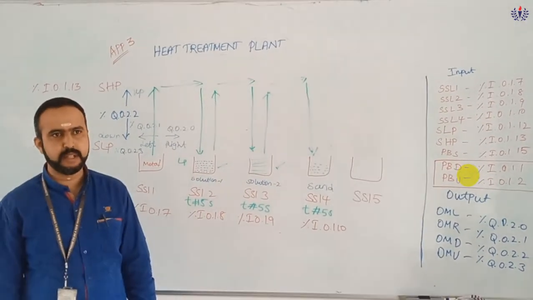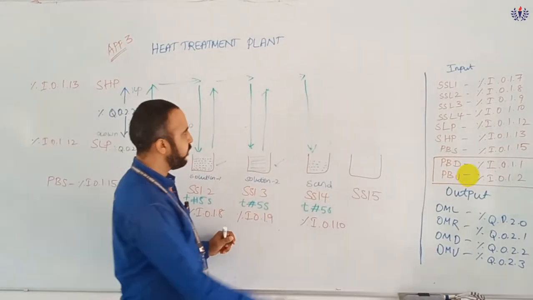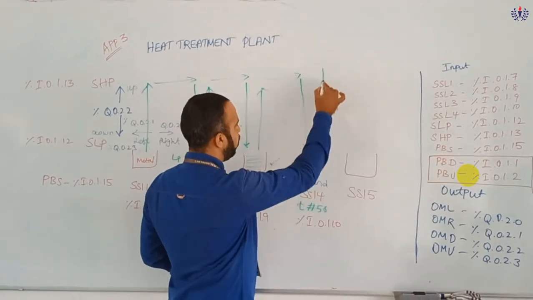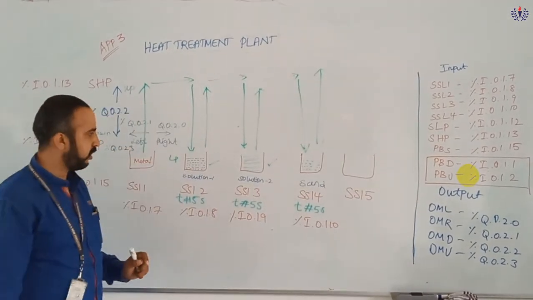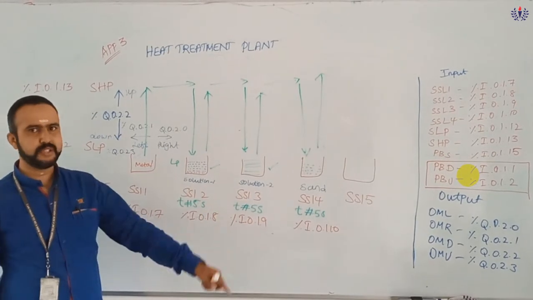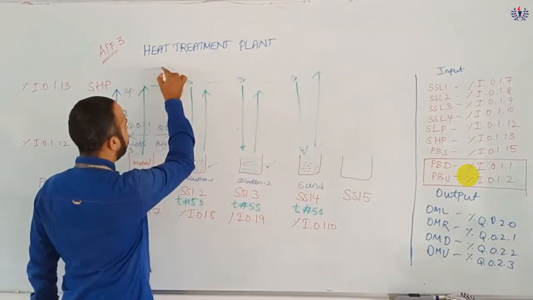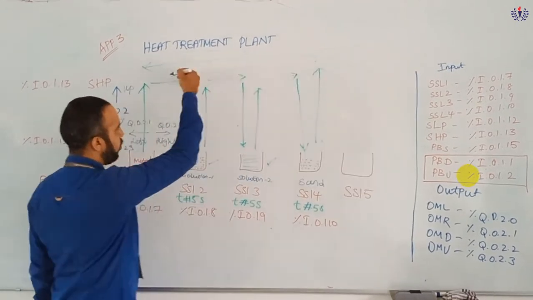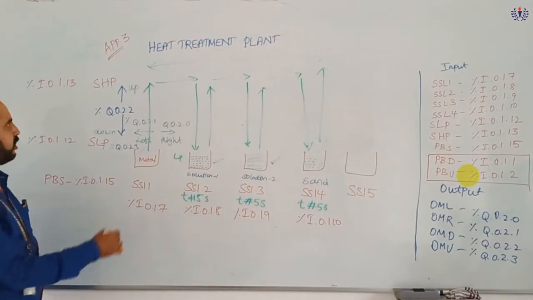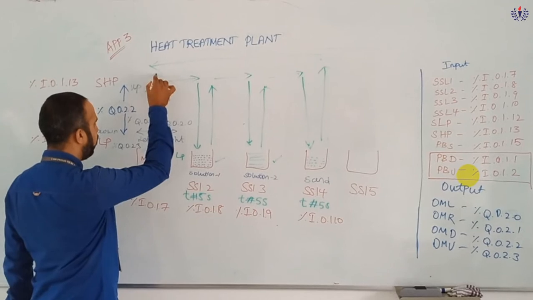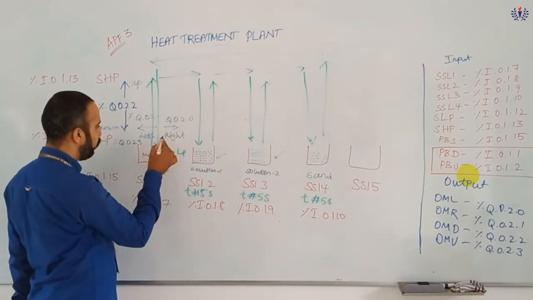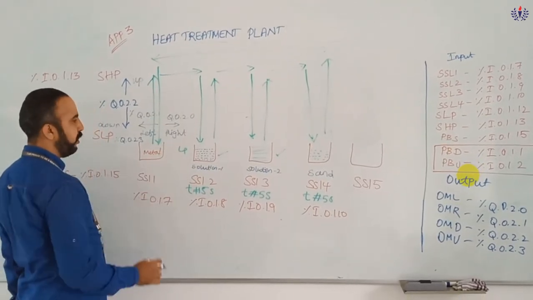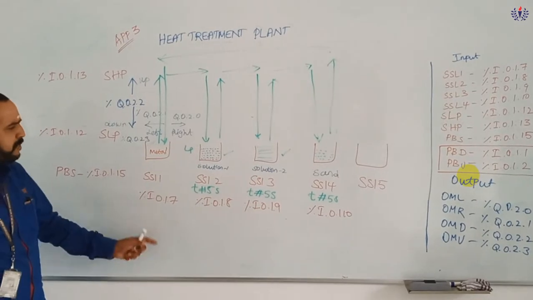After this 5 seconds time delay is reached, once again it will rise up. So I think it is properly treated in solution 1, solution 2, solution 3. Then it will come to the left hand side. From this position to the left hand side it will come and reach slot 1. Then after ensuring that, it will reach the low position and it will stop. So there is a repetition of process.